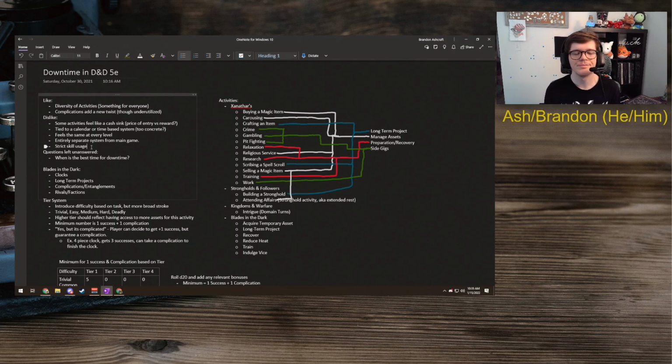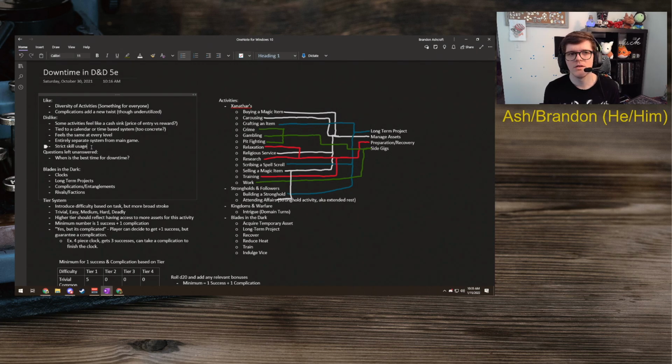And so, actually, Gary, I'm going to use you as an example. You're in a Curse of Strahd game right now. When I ran Curse of Strahd, I never gave downtime, and it was because you don't have the resources, first off, and no one's willing to help you with that.